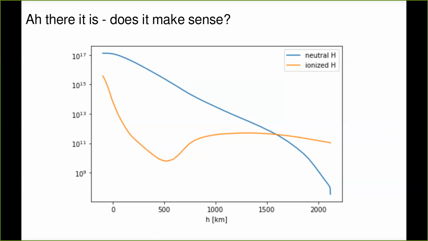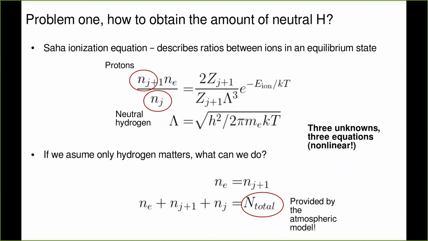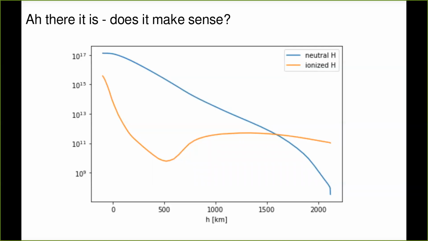Okay. But what I wanted to point out is this ratio here and this dip here. Where does the temperature enter? The most important dependence is this one: e to the minus energy over kT. This is a very nonlinear dependence, and we're going to see much later why nonlinear dependencies are tricky. But we already see now here that the temperature doesn't change so dramatically, but the ratio between the blue and the orange line changes dramatically.